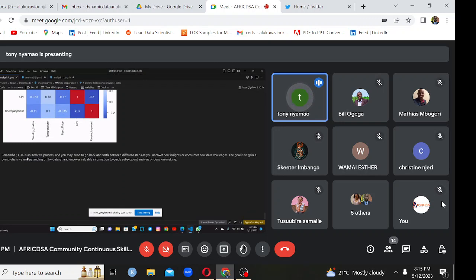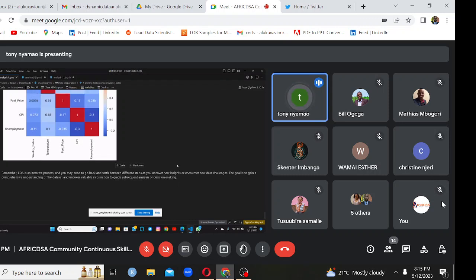And finally, remember that EDA is an interactive process, and you may need to go back and forth between different steps as you uncover new insights or encounter new data challenges. The goal is to gain a comprehensive understanding of the dataset and uncover valuable information to guide subsequent analysis or decision making. Like I've said, while conducting the EDA,